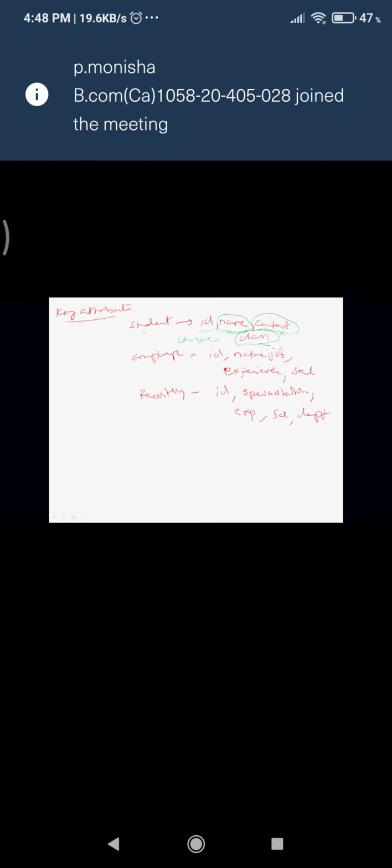This is unique. Because of this uniqueness, once I have given this number to a particular student, I cannot allow the same number to another person. Say today your number is something like 21105 1009 1045. Maybe this is a college code, this is your year, or this is your course code, and this is your serial number. Now this part will not change, and this part will be changing.